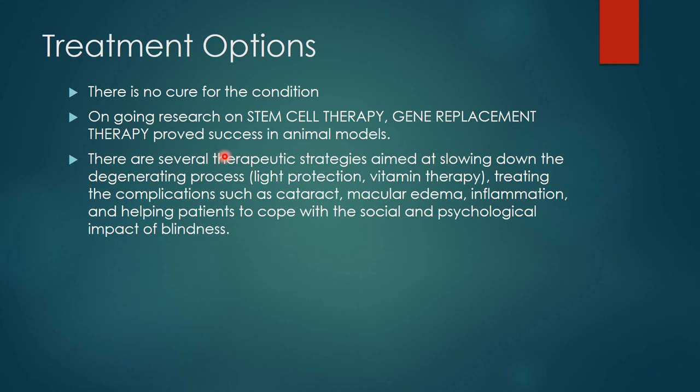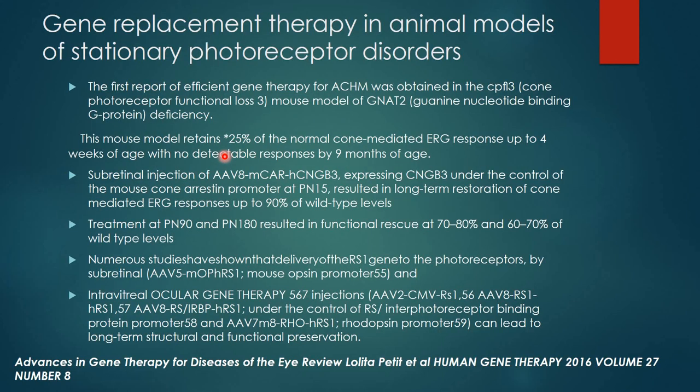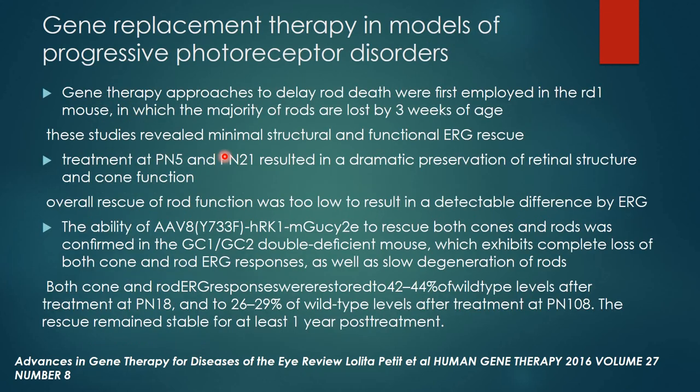Coming to the treatment, there is no treatment as of now, but research is going on in gene therapy and stem cell therapy, which might slow down the probability of getting chondrodystrophies. Gene therapy is more successful, and it can help the majority by delaying the death of cells and reducing the probability of getting the disease.